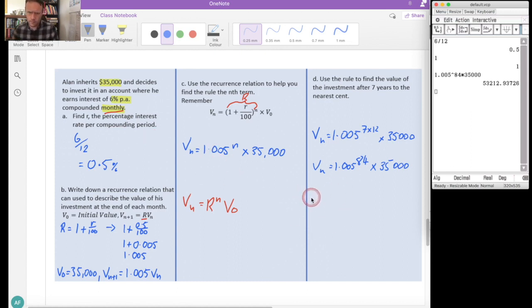And after that time, Alan has his V84 equal to $53,212.94. Okay, important to note that we're asked to go to the nearest cent here, and most financial work will